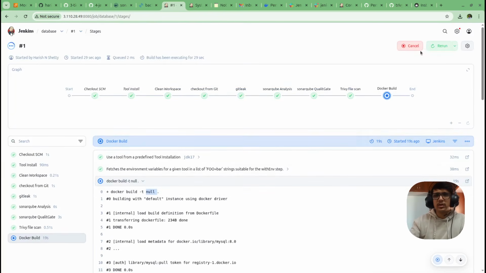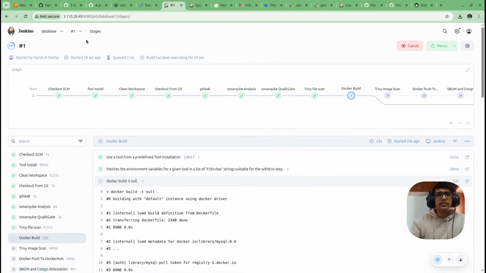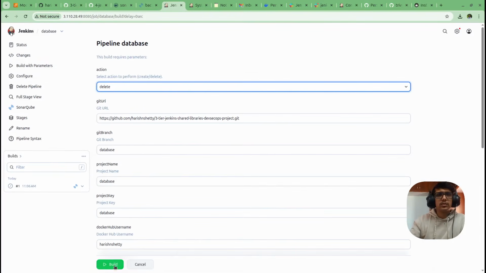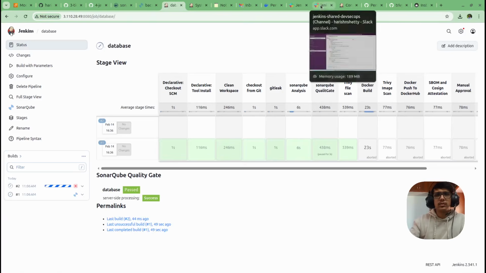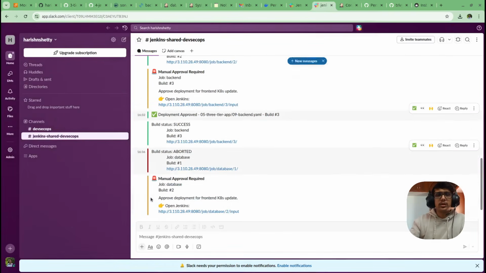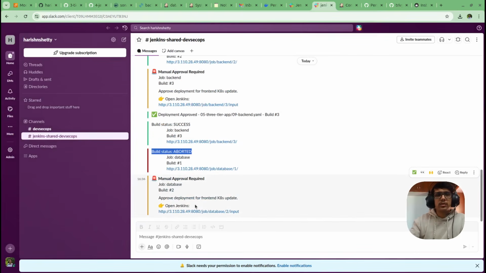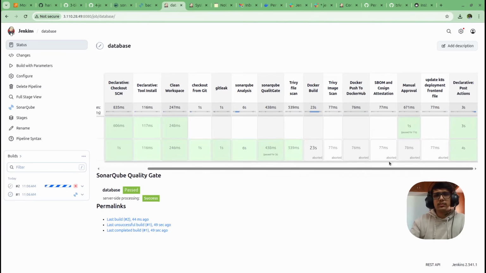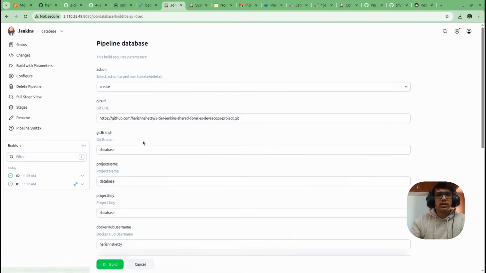So we have to delete it. Create. Aborted. You can see the aborted, the indication is quite different. Again,